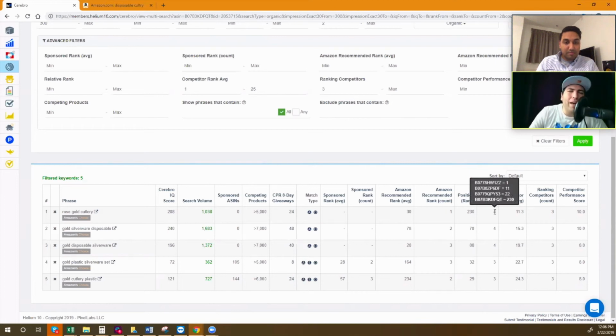So you can see, if that product was mine, and I'm wondering, man, why am I only selling 1 unit a day, and these other guys are selling 5,000 a month? Well, there's your first answer. Look at this keyword here that everybody's on page 1 for, but you're not even on the roadmap. What about this one? Here's one again. Everybody else is on page 1. You're on position 70.